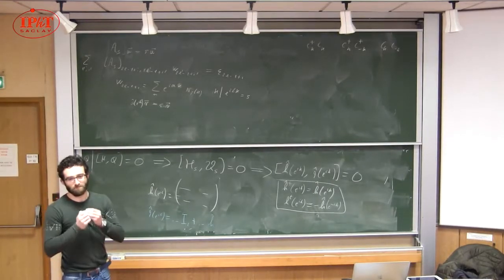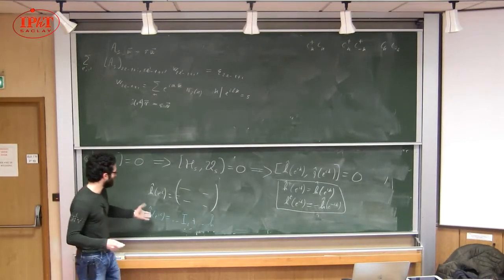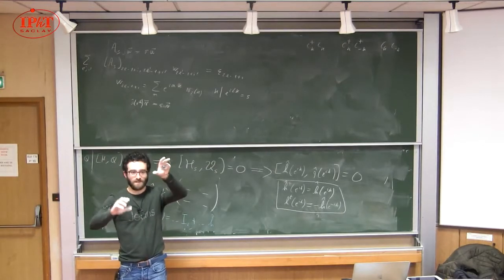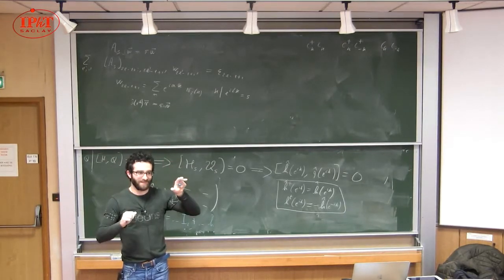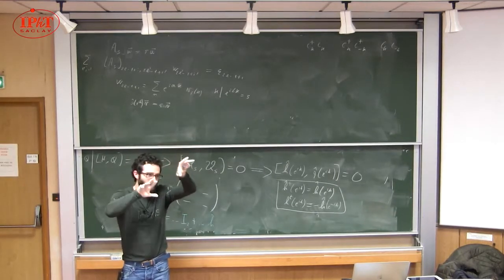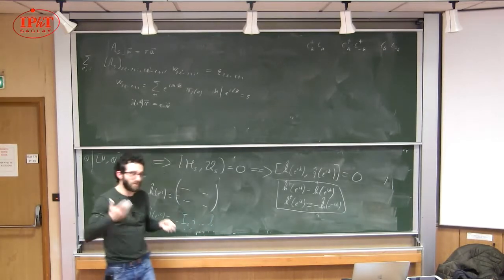The answer is no, because if you imagine diagonalizing H, then the only matrices commuting with H are just the 2 projectors on the 2 subspaces. You have just 2 possible independent